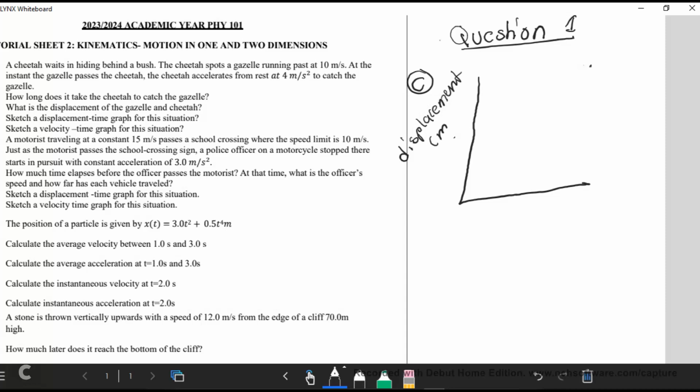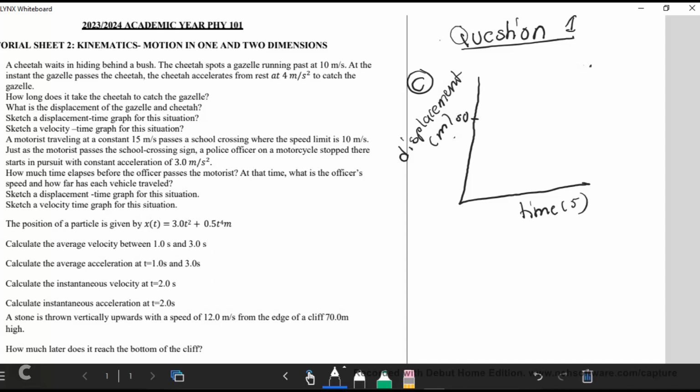In what? In meters. How about this side? It's time, in seconds. So what was the displacement these two moved? The displacement of these two moved, when you look, it is what? We found 50,